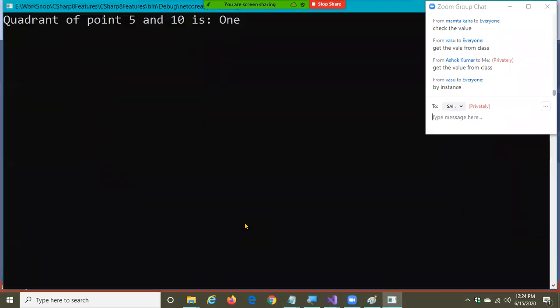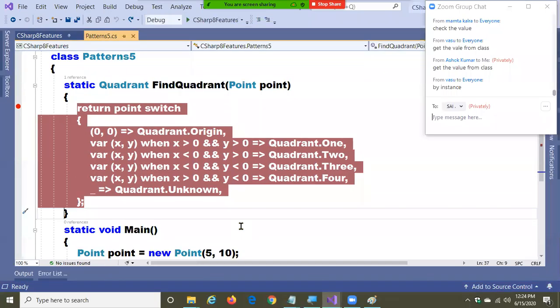Understood the need of a deconstructor? If the deconstructor is not there, you cannot get the value from the class. Otherwise, how should you write the code? If point.x is greater than 0 and point.y is... if you write this